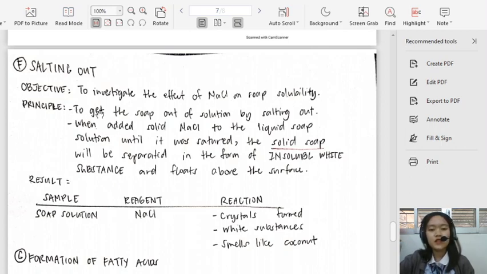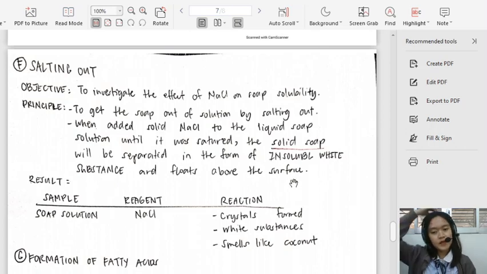The principle is to get the soap out of solution by salting out. When you add NaCl or salt to the liquid soap solution until it is saturated, the solid soap will be separated in the form of an insoluble white substance and floats above